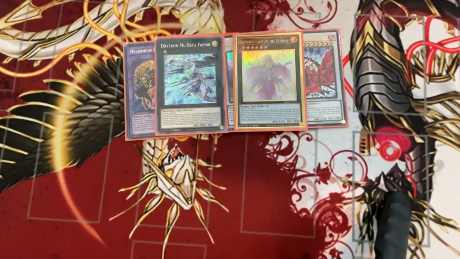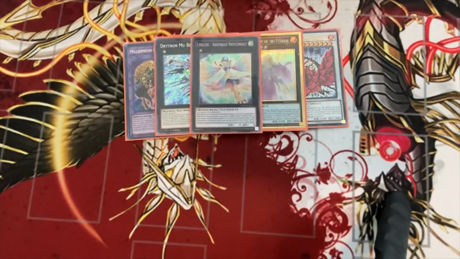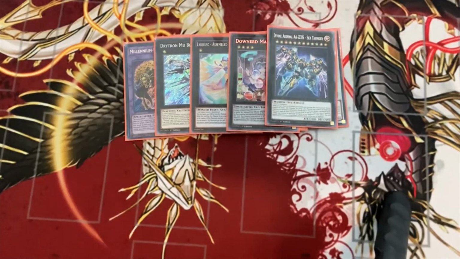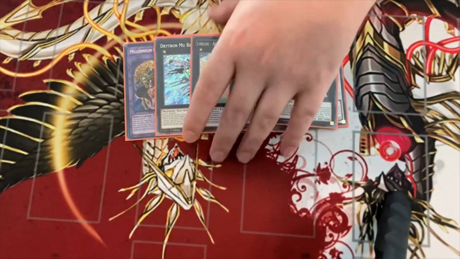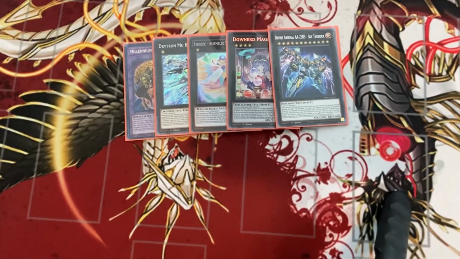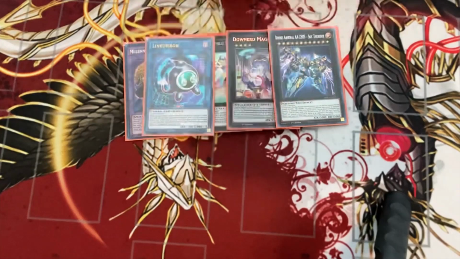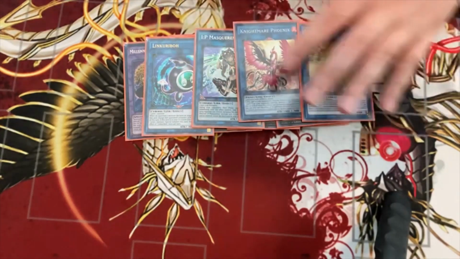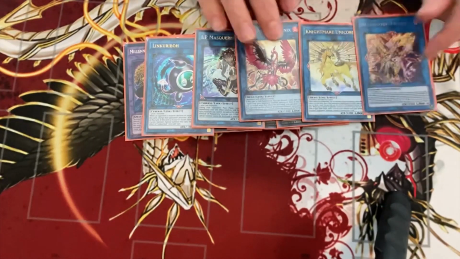I only have 1 Mew Beta at the moment in here. I don't know if it should be 2 yet or not. The Zeus package is 1 Assembled Nightingale. I'm running Downward and then Zeus, which will allow you to go into a 4 material Zeus by having the Downward, just in case you have to make that play. As far as links, you definitely run Link Rebo, IP, Phoenix, and Unicorn to rev up into access code,